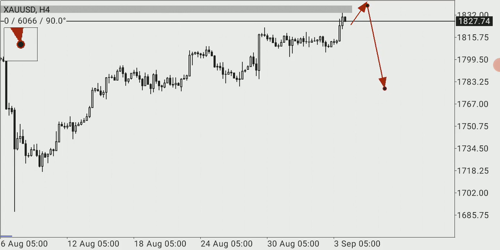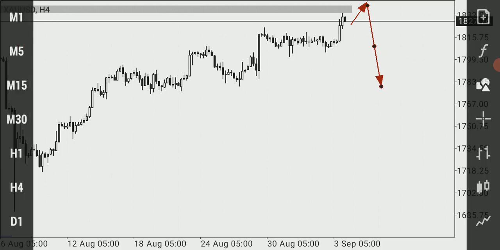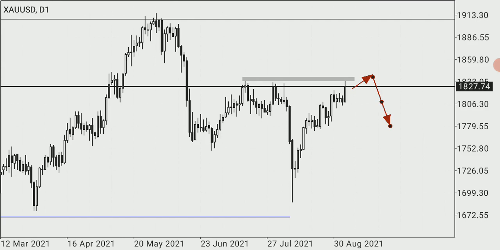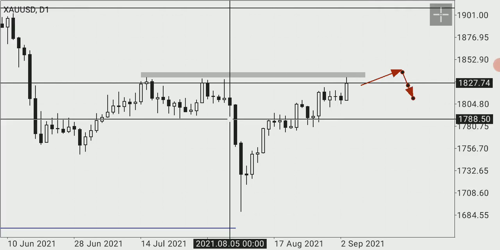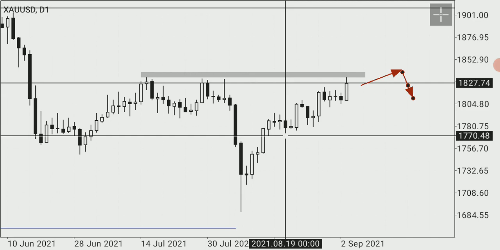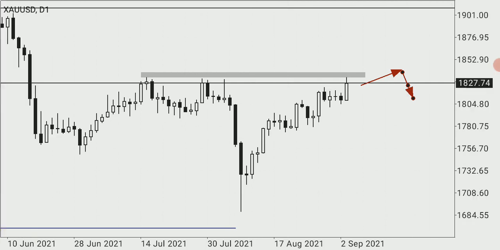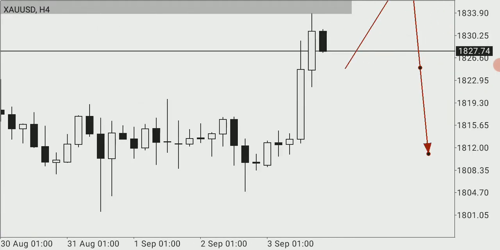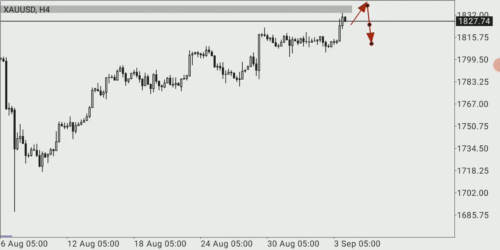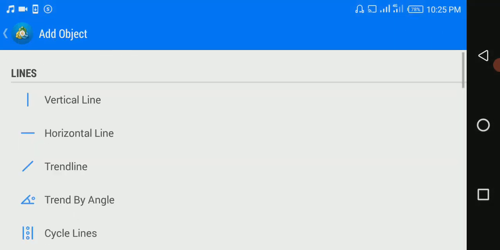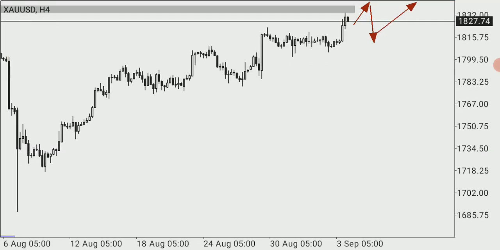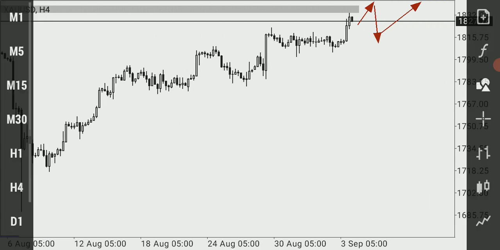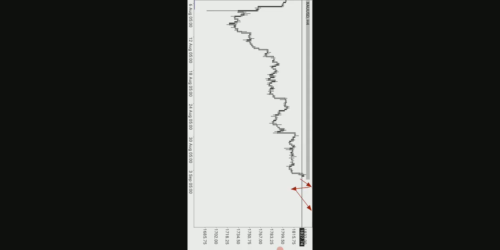Alright, so let me check from the daily if I can. Okay, so this is what I'll be expecting, and then we can see it just trade higher from this particular point. Alright, so we can trade higher from that point. So that's what I'll be expecting for the gold. And then let's see